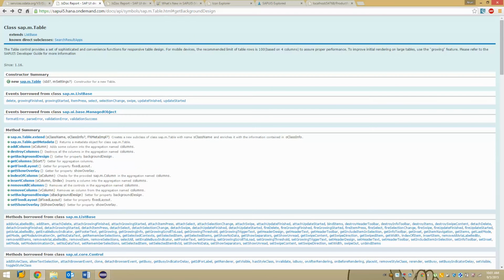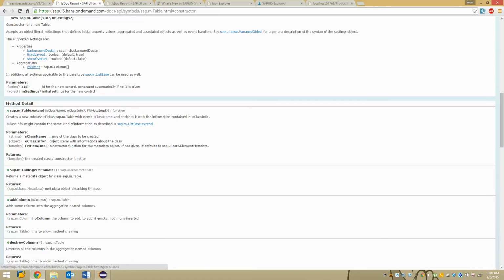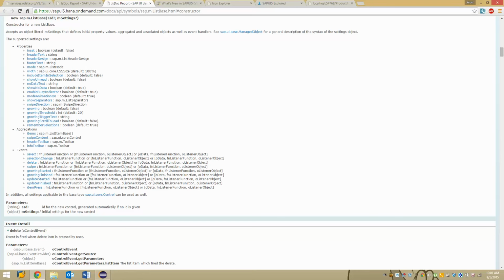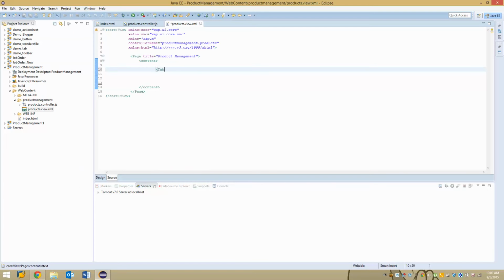So you can see that sap.m.table has this aggregation columns which is going to define the list of columns that we can have for the table, and this has been inherited from the list base, which means whatever the properties that are available for the list base are available to be used in the table control as well. So I have also opened the list base in a different window, and here you can see some of the properties that we can use for our table. So first I'm just going to go ahead and construct the table UI,